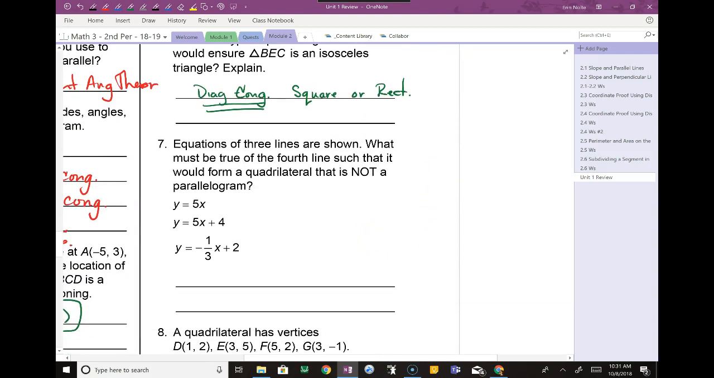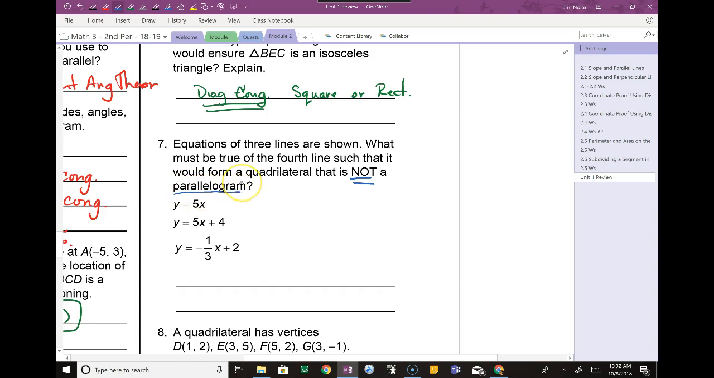All right, number 7. There were a couple questions that I think a lot of people struggled with on the previous tests, so make sure you pay attention closely to this. It says, the equations of the 3 lines are shown. What must be true for the 4th line such that it would form a quadrilateral that is not a parallelogram? Okay, so this one says not. So we want to be thinking about